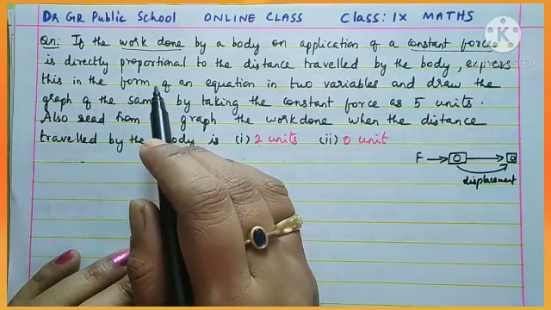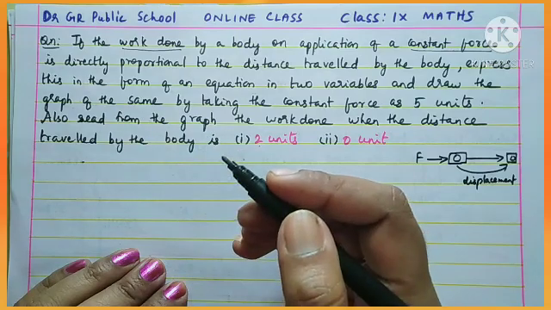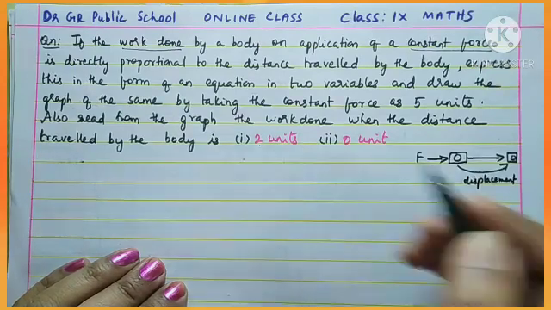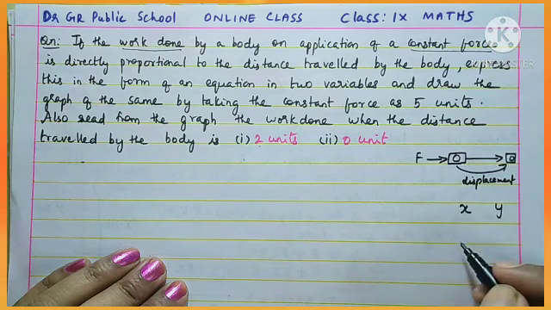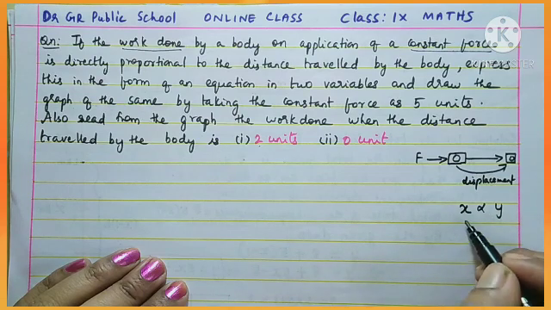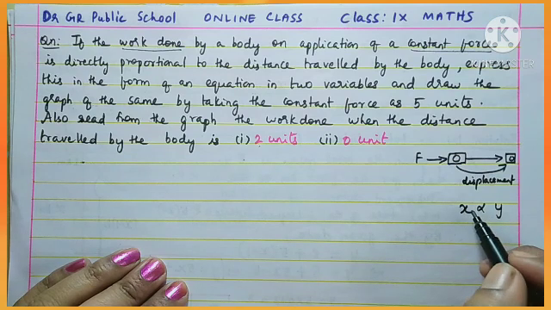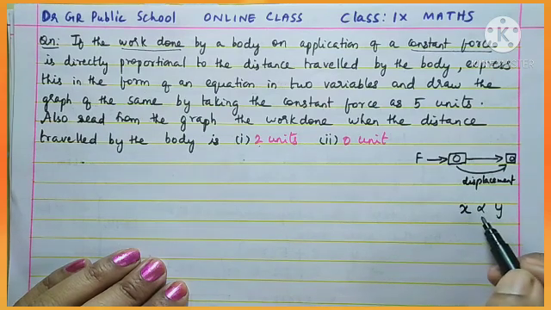What do you mean by directly proportional? Directly proportional means when a quantity is increased, the result is also increased. Okay, means if I am taking two values x and y, okay, so x is directly proportional to y. If this is the meaning, if x increases, y also increases. If x decreases, y also decreases. So that proportionality we always call directly proportional. Okay, so the value of x and y are directly proportional, means both are having similar changes.